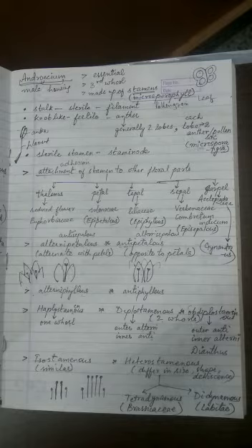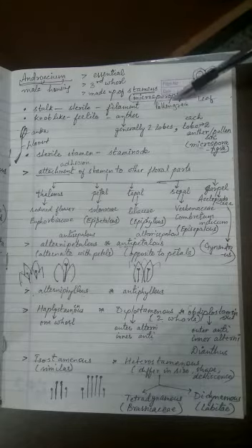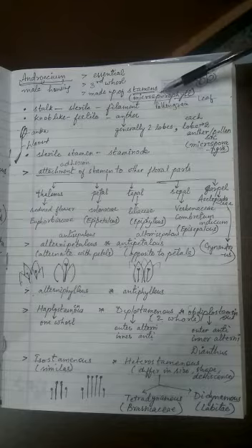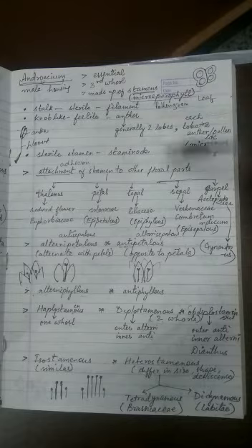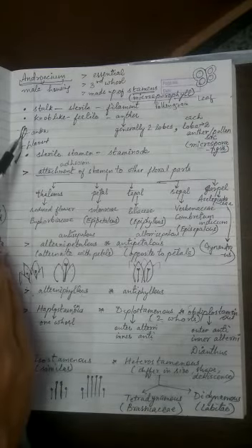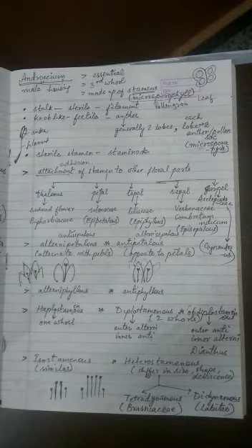Now stamens are also called as microsporophyll because they are modified leaves, or you can say modified floral leaves, which are supposed to carry microspores. Pollen grains are also called as microspores. We learned that a stamen is made up of a filament and an anther. So this is the fertile upper portion called as the anther, and this is the sterile lower portion or the stalk, which is called as the filament.